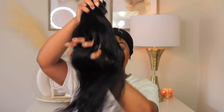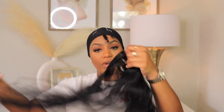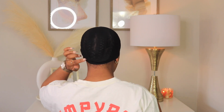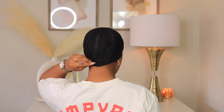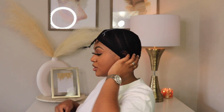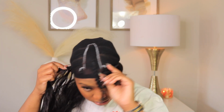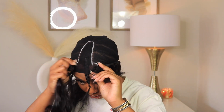I'm just gonna break this up. I like to run my fingers through just to make sure all the hair is going in the same direction before I unravel the bundle. So I pin my hair up in the back, and I like to make sure I get my first track right underneath the braids just so we can ensure that this cap isn't going to roll up on us. Since this is going to be a middle part, I'm literally just going to take this all the way right here first. So this is the first piece, and we're taking this all the way up to where my